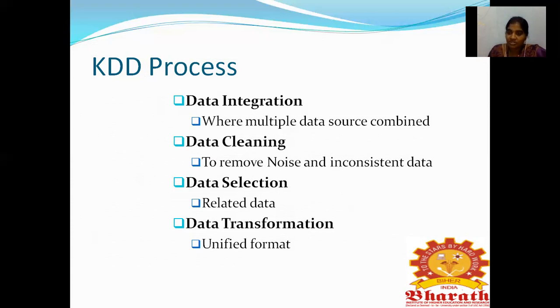The transformation here, based on the selected data, we are using some aggregation functions, that is algorithms like maybe Naive Bayes classification, association tools, and Bayesian classification. Using these algorithms and aggregation functions, we are transforming the data to the consolidated form.